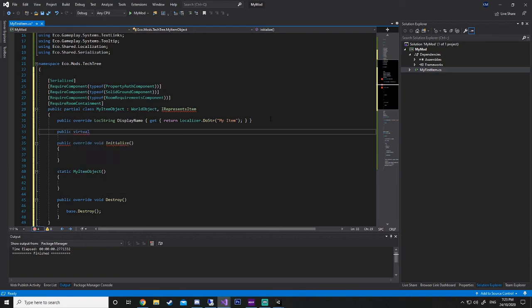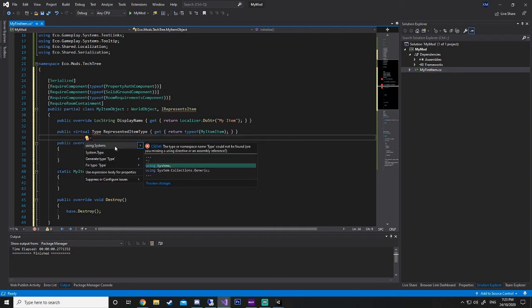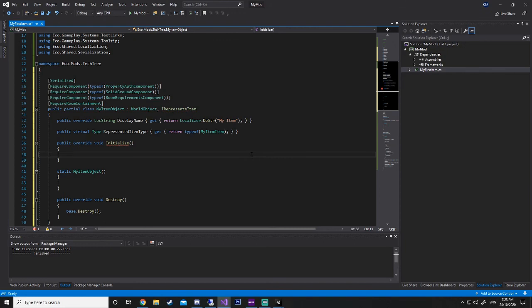So we've got public virtual type, and then it's represented item type, get return type of, and then we're going to reference our item that we made earlier and finish that off. Now, type and namespace type could not be found, so we're missing a directive which we need system for, so system's got to be included.